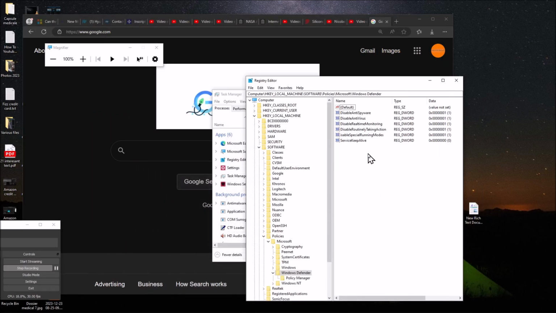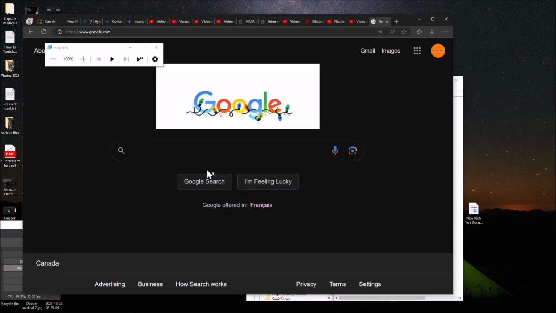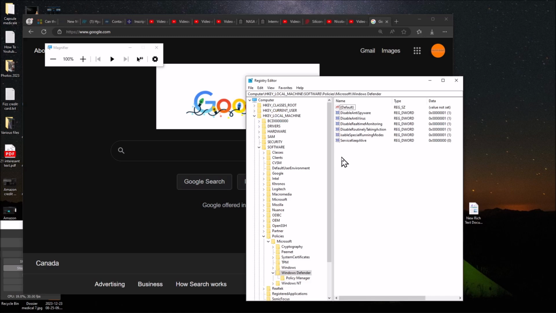Again, these keys are still here, but I want to point something out. And by the way, you should notice that the browser no longer has any kind of lag. Something else I want to point out is if you get future updates. You know there are a lot of updates on Windows.